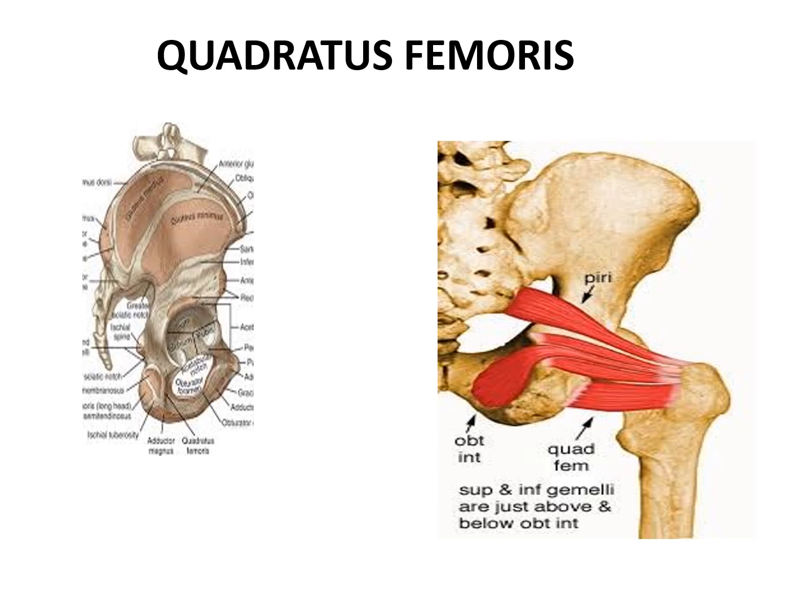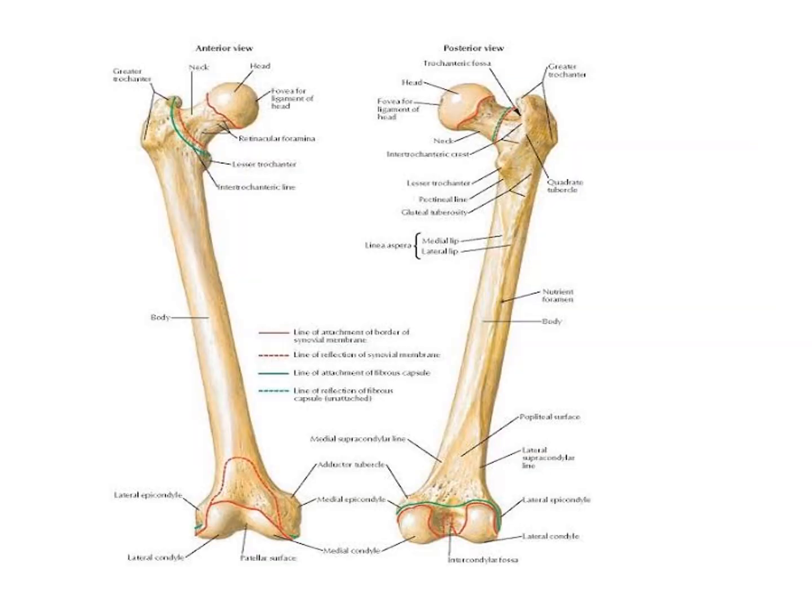Now we are going to discuss the last muscle of the intermediate plane, that is the quadratus femoris. The quadratus femoris muscle arises from the outer aspect of the ischial tuberosity. So you can see here it arises from the outer aspect of the ischial tuberosity. After taking its origin, the fibers will pass all the way and attach to the quadrate tubercle in the femur. Let us see where this quadrate tubercle in the femur is present.